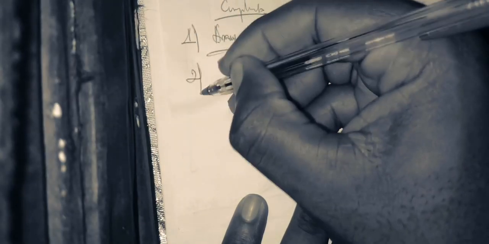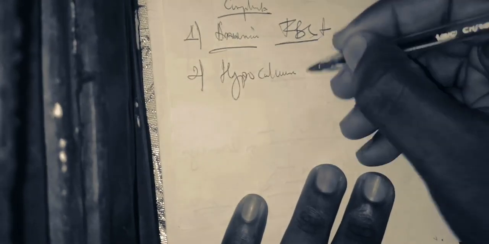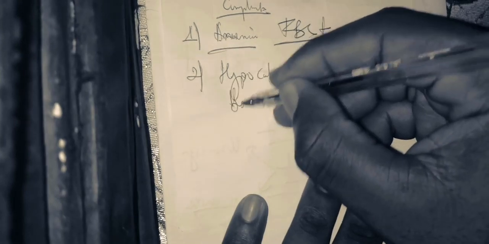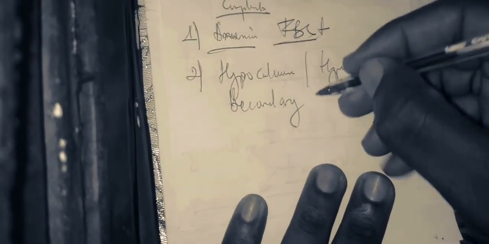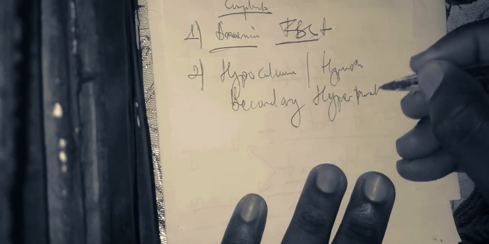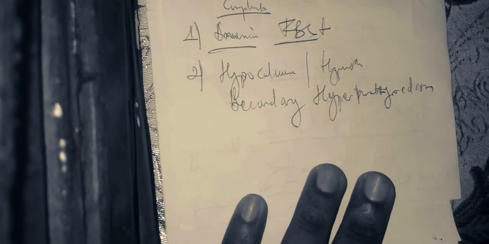Now, the next one, you have also hypocalcemia and hyperphosphatemia, so you should ask for the phosphate level. You have also a secondary hyperparathyroidism, because of resistance to parathyroid hormone. Chronic kidney disease is associated with failure to respond to parathyroid hormone. And when there is failure to respond to parathyroid hormone, there is going to be more breakdown at the level of the bones. Is it clear? That is going to result in